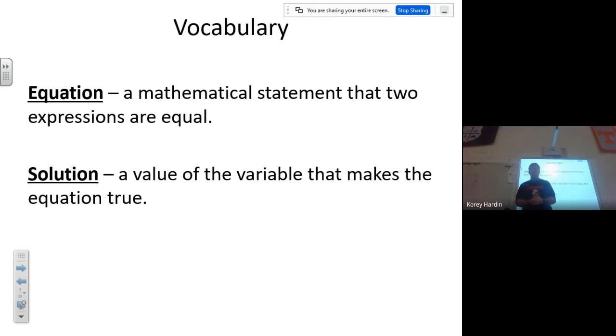So we'll talk about that more in a second, but a solution, now we're not talking science here. I kind of wish we were, because that would mean we were maybe doing chemical reactions and blowing stuff up. But a solution is a value of the variable that makes the equation true. So a solution is the answer that makes the equation true, okay? The answer that makes the equation true. So go ahead and copy both those down, and we'll talk about them more in just a second. Pause the video if you've not copied,